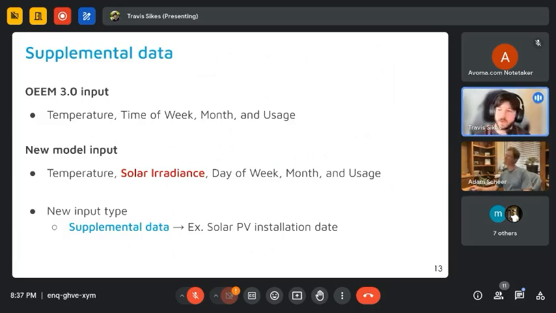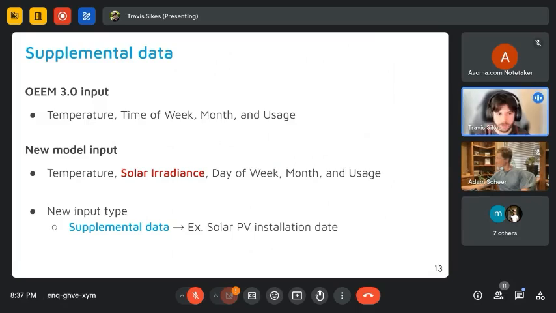So we decided to try to add in this new supplemental data of the solar PV installation date as a way for us to be able to better model these buildings